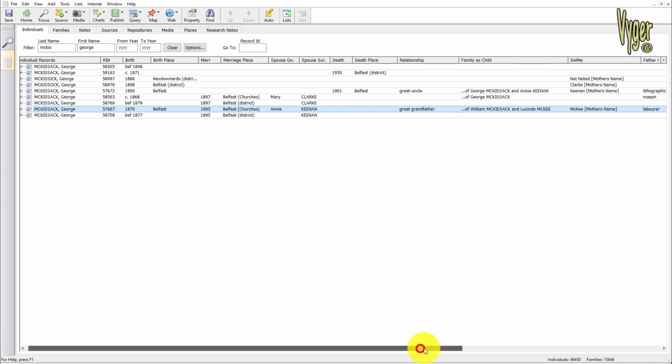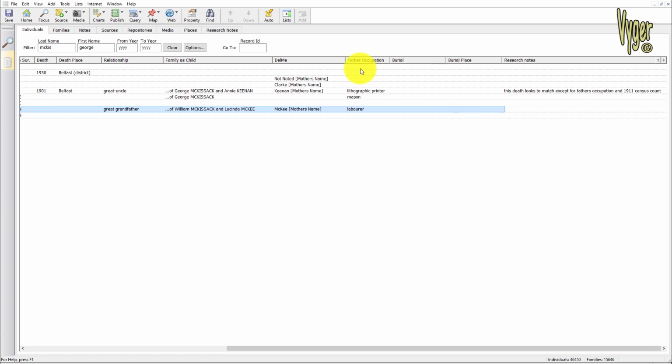Let me move across. The "delete me", I've already explained, that does show, that's a custom fact in RootsMagic, and also here. Father's occupation. This isn't the occupation of the principal, this is the occupation of their father. These give me good clues as regards whether or not they are possible matches. Again, that's something that cannot be displayed in RootsMagic.